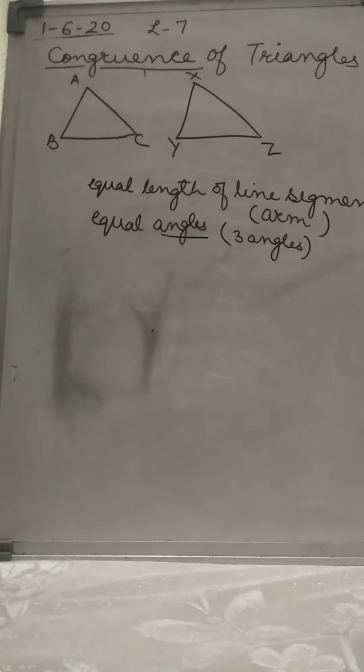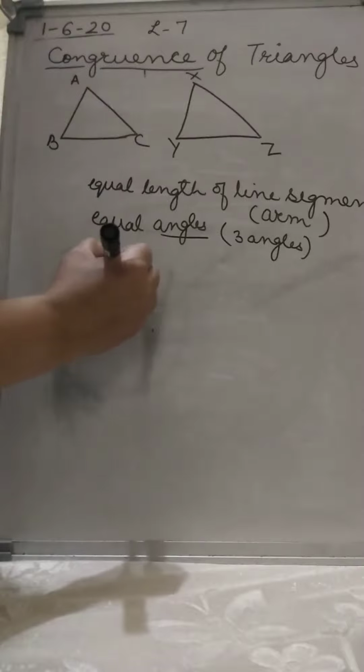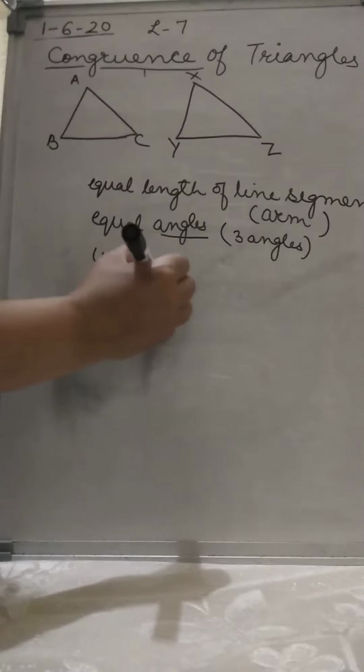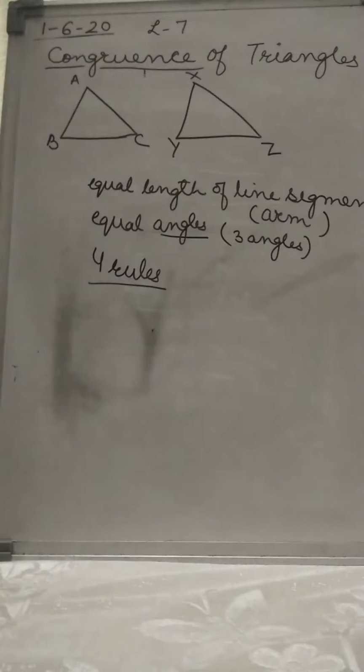These are the things which you are going to understand in this chapter. The first few questions of your exercise are related to your general knowledge. Next time I will start the 4 rules of congruence of triangles. That we'll take up next time. As all of you have books with you, just read the chapter. Read the matter given in your book till exercise 7.1. Okay.